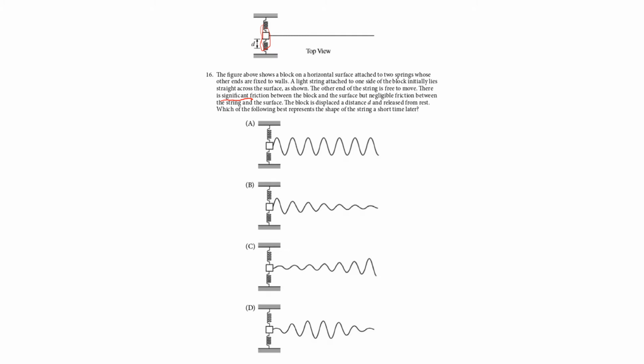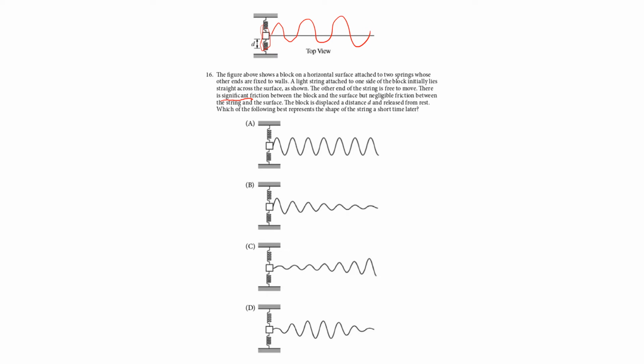Okay, the block is displaced a distance d and released from rest. Which of the following best represents the shape sometime later? Okay, so what's happening is the block is slowing down, but the string is not going to slow down as fast. All right? So a short time later, the block is going to be basically still. Okay? Now, since the block is still, it could be,